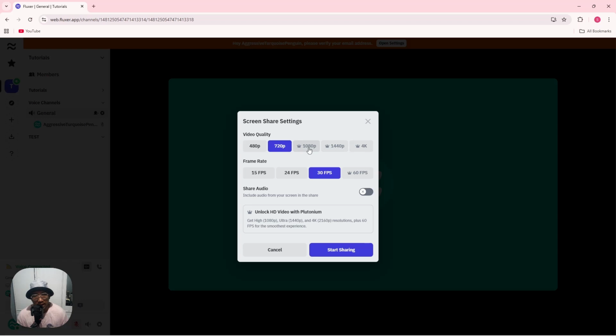You need to have a pro subscription. And same thing with the frame rate, you will have multiple options, and you will have an option as well to share the audio that is happening on your screen. So make sure to turn this on if you want, for example when sharing a movie. And now, as you can see, once you are done with your preferences, you can simply select start sharing